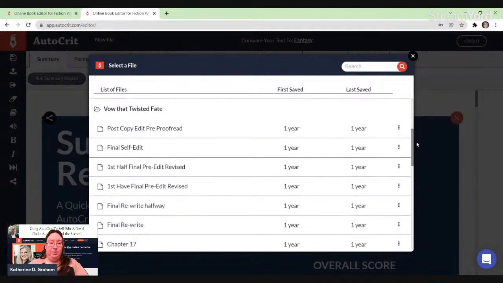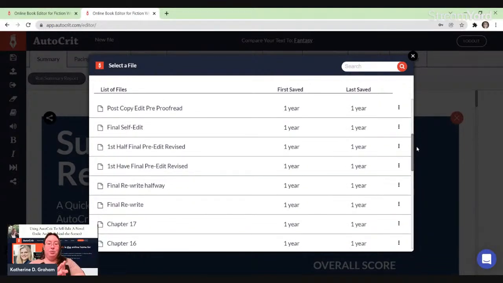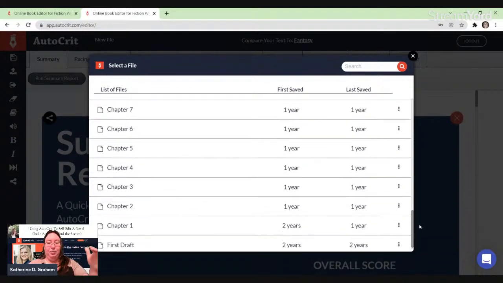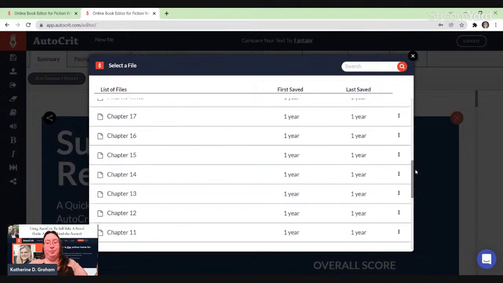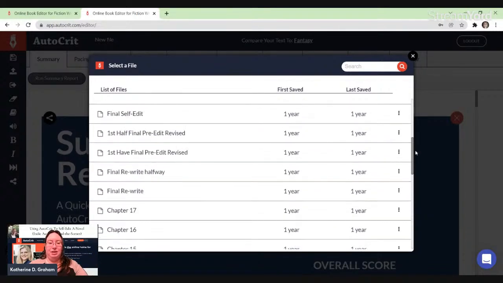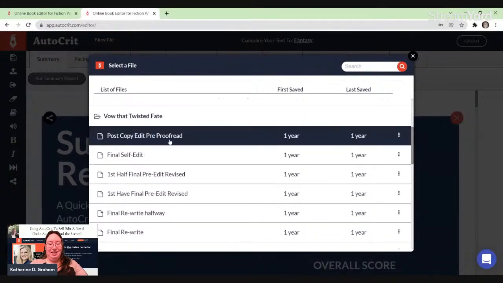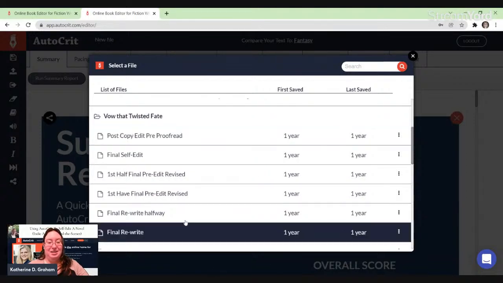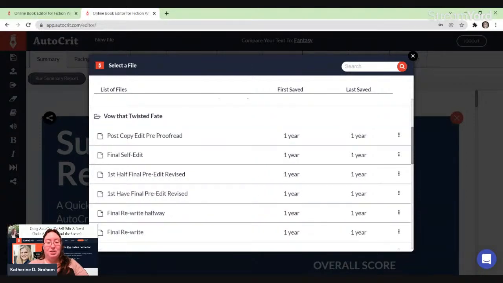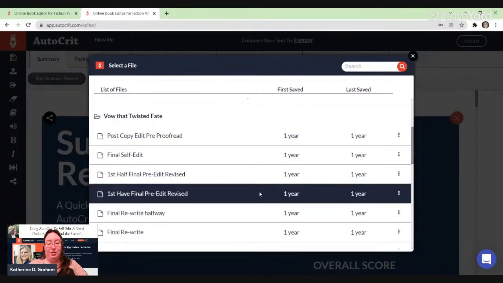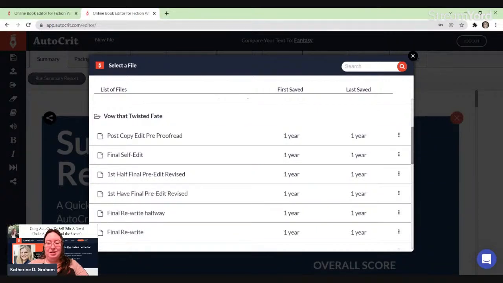and went through it. But then as I went through it post developmental edit, as you can see here, I uploaded it chapter by chapter until I got done with the whole thing, and then I had it proofread, and then I put it back in here again, as you can see here, and I did it again because I'm just a grammar Nazi and I want everything edited to death. But you can have several versions of the same book saved under the same file, which is really nice. So, okay,